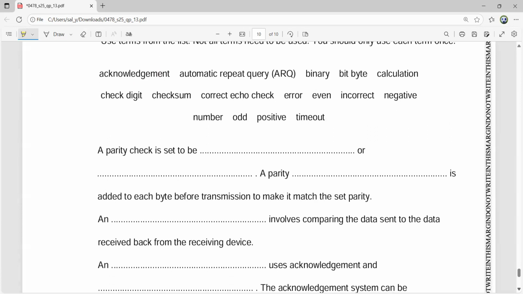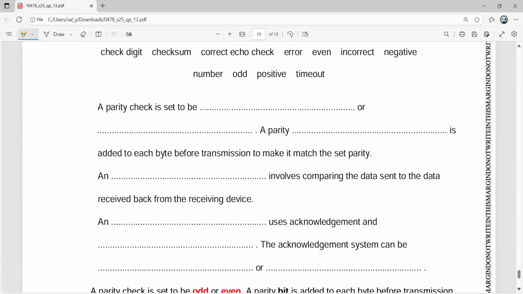And blank uses acknowledgement and blank. The acknowledgement system can be blank or blank. So it's an 8 mark question. You can see 1, 2, 3, 4, 5, 6, 7, 8 blanks. Some of the terms might be used more than once, and some might not be used. So this is your question. Let's see how quickly we can manage it.